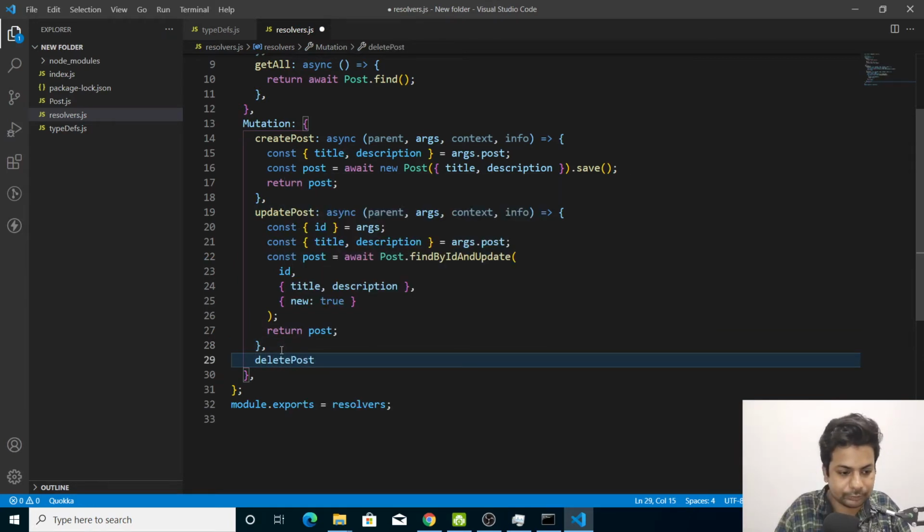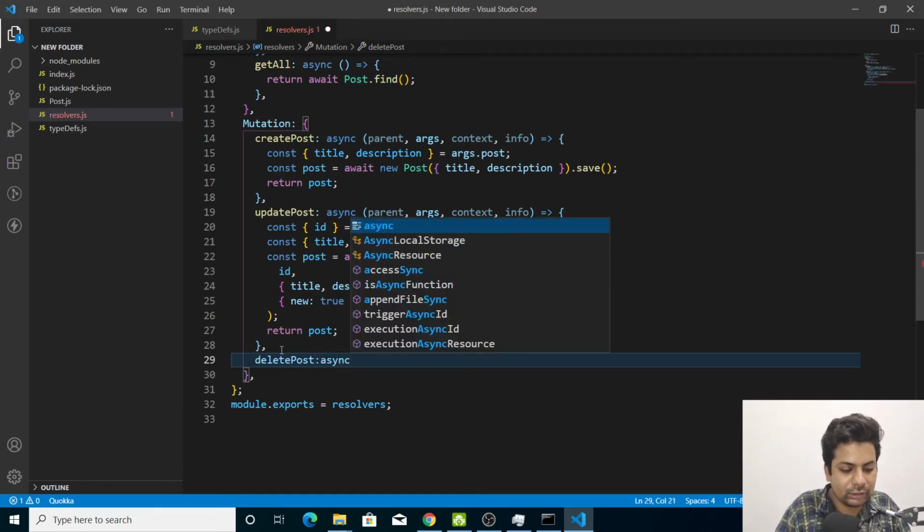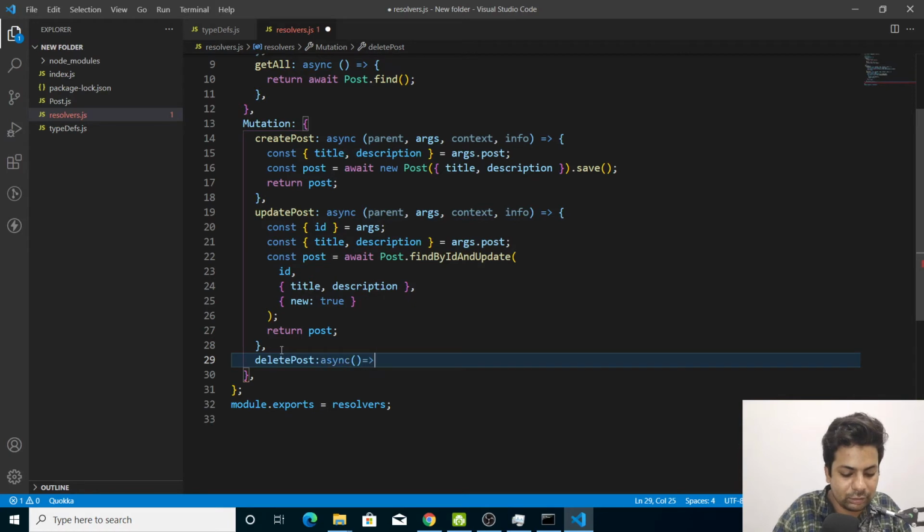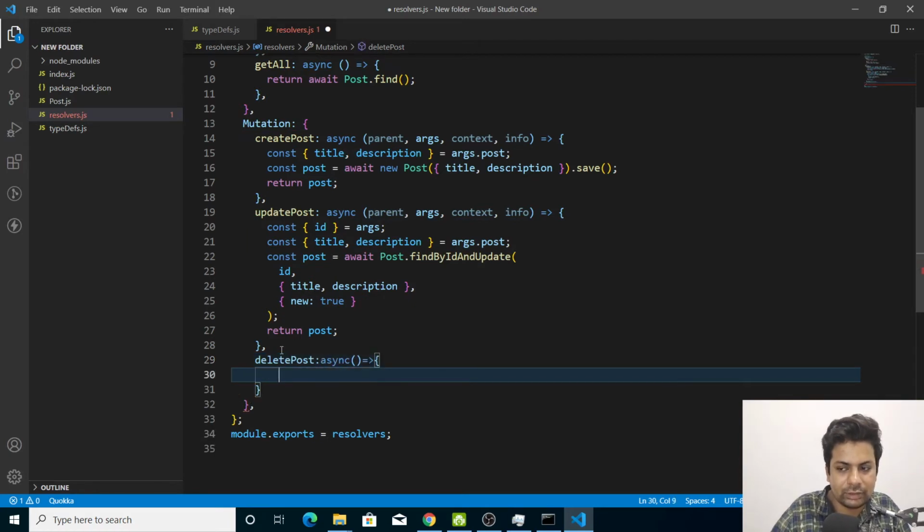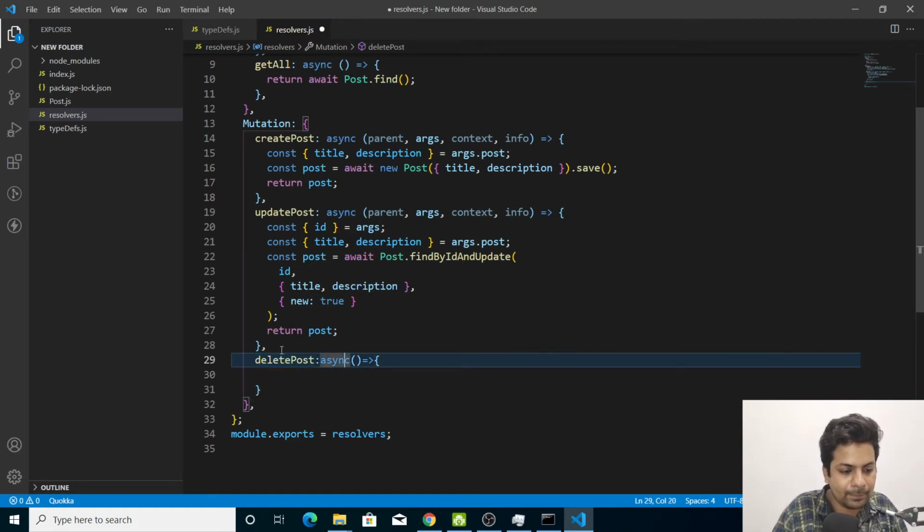Okay, we'll async it, and then we'll say, okay, we'll take all this again as an input parameter,